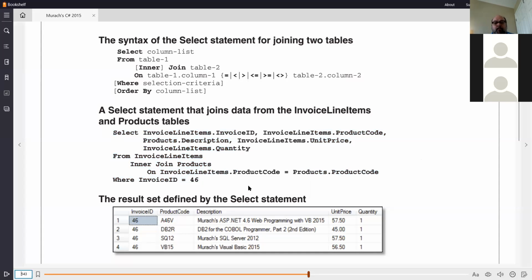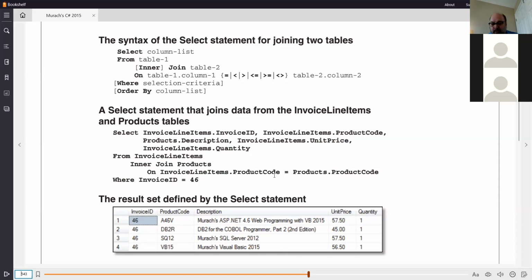All right. So let me just tell you that everywhere they've got invoice line items, etc., almost every case, these are two different tables. There's invoice line items, and there's some products stuff here. Almost all the time, you don't need to say invoice line items dot. What they have written right here, this is the first time you've seen a fairly complex query. And it's called an inner join query, which says I want to grab information from both tables where the product